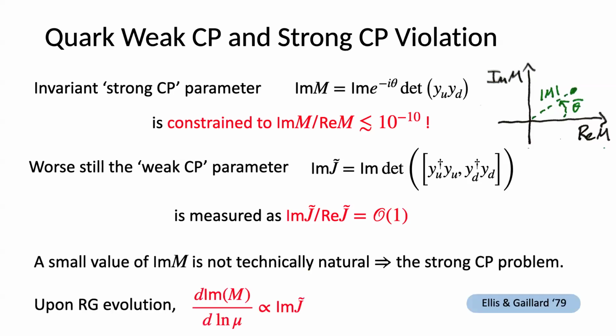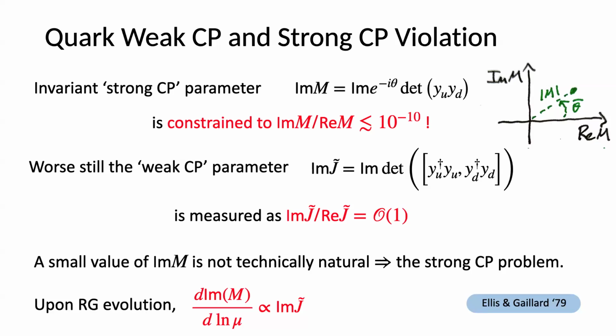And this is particularly problematic because now a small value of this strong CP violation is not even technically natural. If you go and look at renormalization group evolution, as you should expect, having 2 CP violating parameters in the theory of quarks, then the one that does run, of course, runs proportionally to the other. And so now,